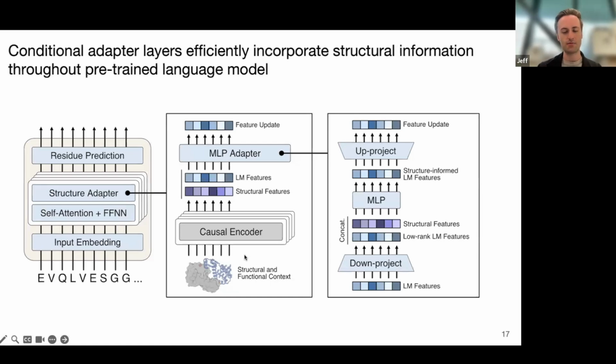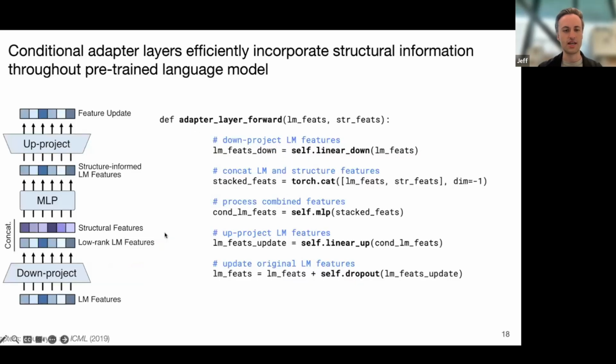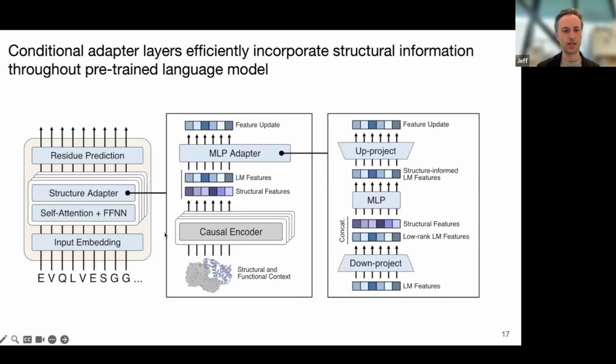The key principle behind these adapter layers is we want to add in this conditioning information without adding tons of parameters to the language model. This helps us be more data efficient because we're not adding a bunch of parameters for this conditioning task. And it also helps keep the language model quick for inference, so we can generate many sequences without slowing down the model itself. The way this works is, for each layer in the language model, we insert one of these adapter layers,